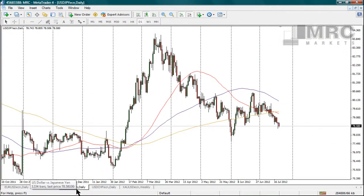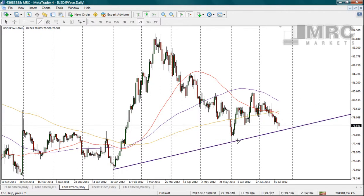Let's flip it to dollar yen. We haven't spoken about this chart for a while, mainly because it has not been of huge interest. On this daily chart, the only thing really interesting is this trendline support around here. Looks like it wants to come down and test this. We also spoke about the trendline resistance as well,